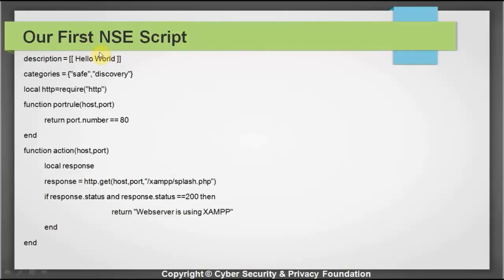So let's look at a real NSE script. This is what we'll be working with. You're giving a description, hello world, categories, and you're giving the requirement, which is HTTP, and this is based on a port rule, and the port number is 80. What this is doing over here is it's getting the response for this page over here. So it's getting the host from the user, and it's setting the port, which is 80, and it's going to give